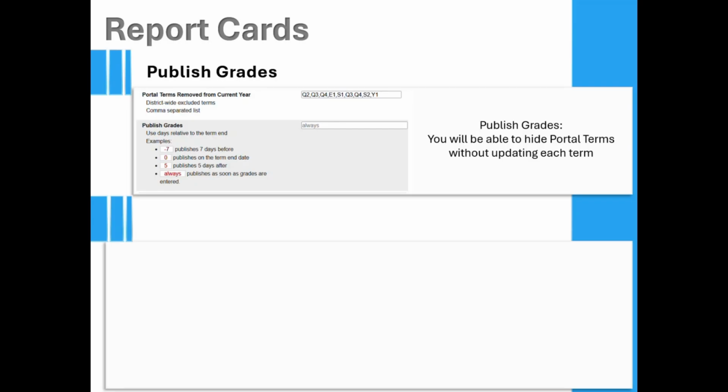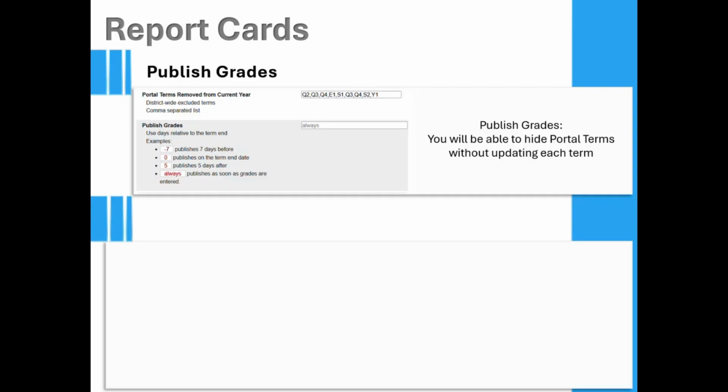So for instance, in the example Lindsay has on her screen, the portal terms removed from the current year, she's got everything from Q2 to the end of the year. That means only Q1 grades will show to the parents and the students on the report card